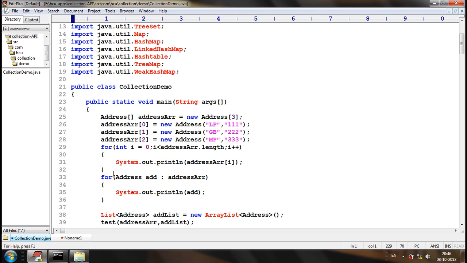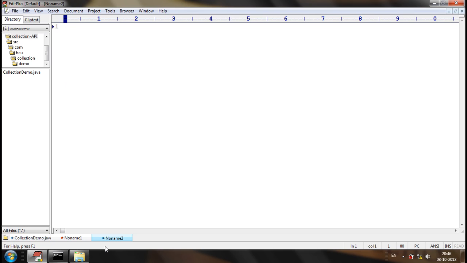Let me write a new class in a new package. If we give 1.5, then the dot also will be considered as a package structure. That's why I have given 1_5 dot demo.